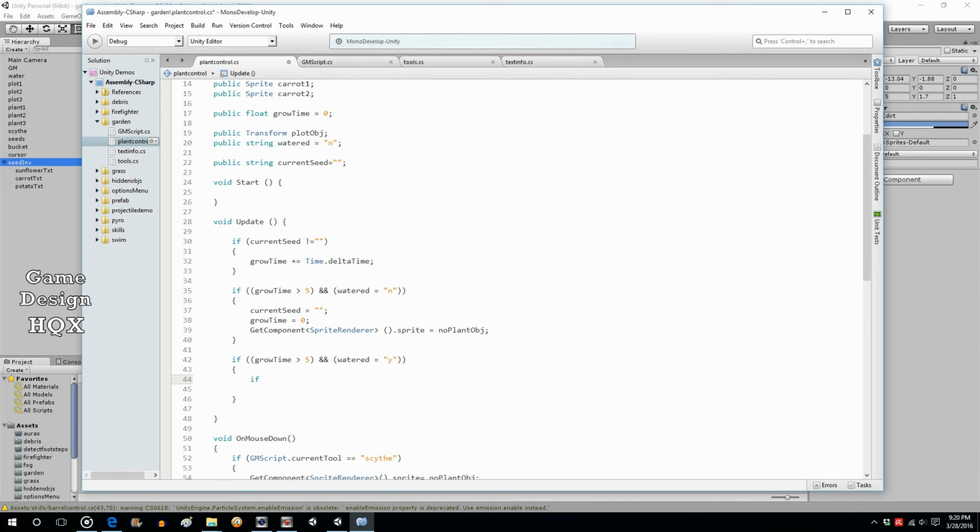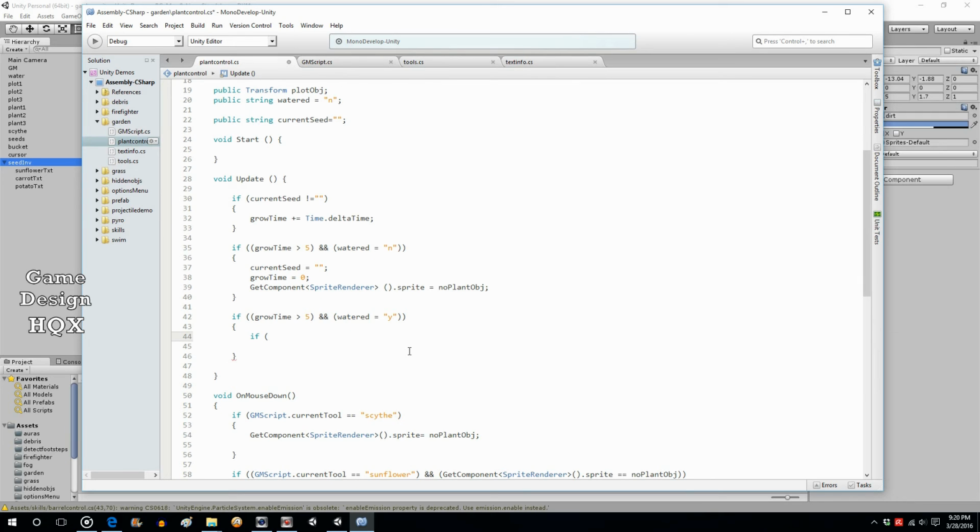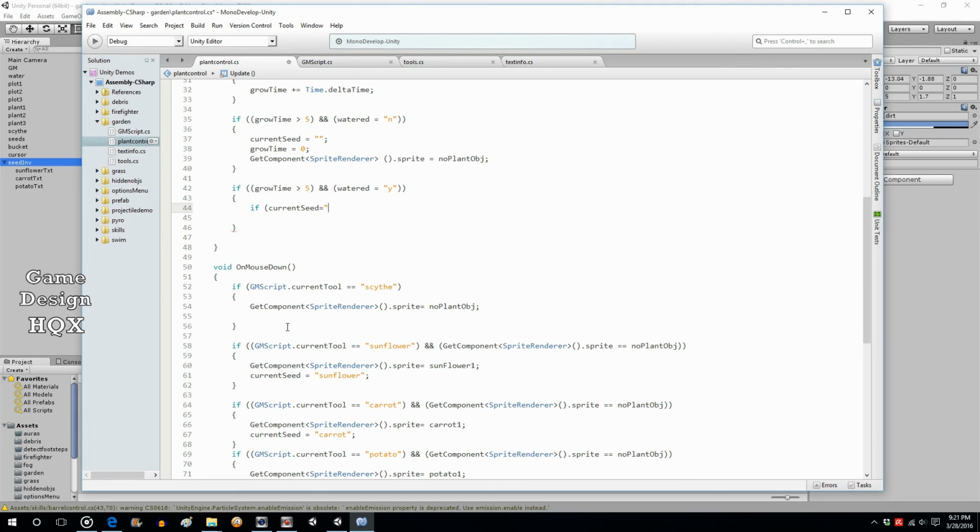So if, now rather than using the sprite images, what I was trying to do, we're going to just use that variable. So if current seed equals, can use the double equal since it's an if, equals the sunflower,